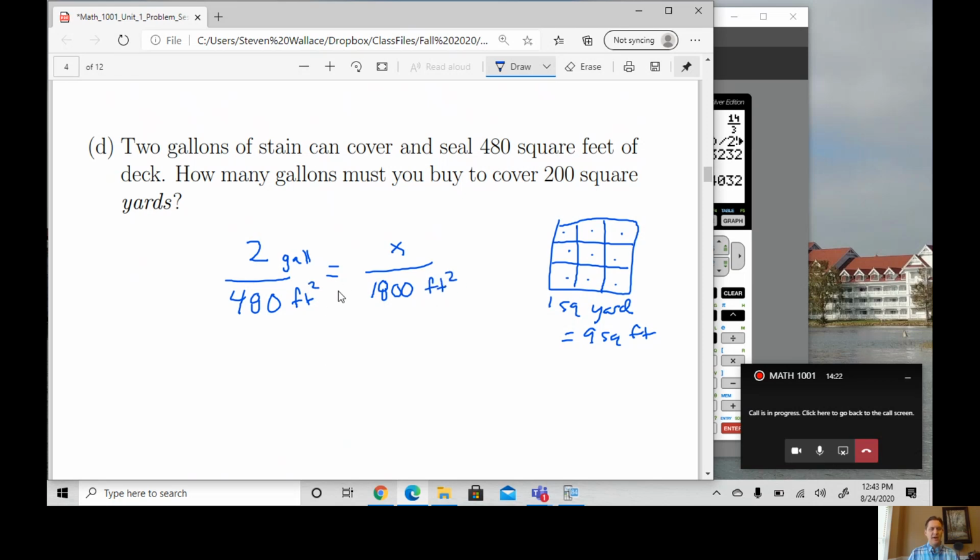Right? And now we have all our units set up correctly. So we cross multiply: 3,600 is equal to 480x. Divide both sides by 480. And that's about how many gallons, right? So that equals